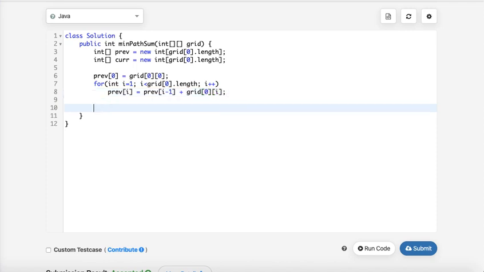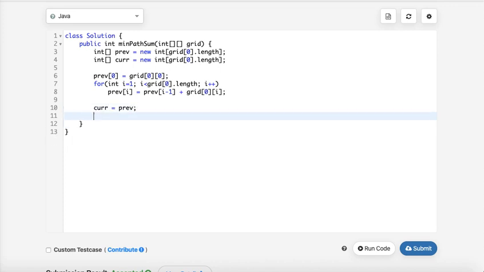So we calculate the previous one. Now I'll simply initialize current to previous. I'll tell you why in a minute. Then I have to start, how many times I have to do it is equal to the number of rows in the grid.